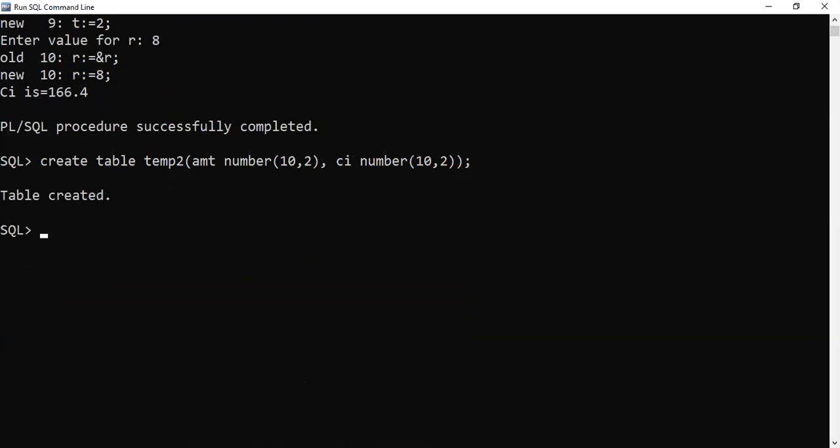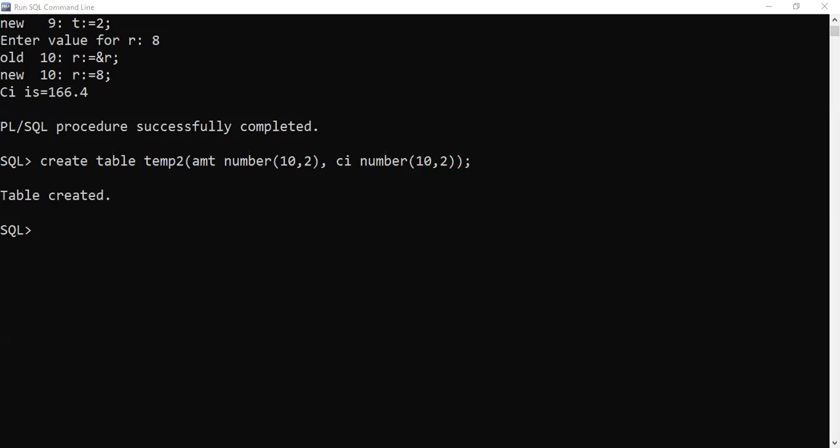Now I will have to make the changes to the program. So now I'm just making change to the notepad. You will not be able to see. What change am I going to do? Instead of that dbms underscore output dot put underscore line, I'm going to say insert into temp2 values.